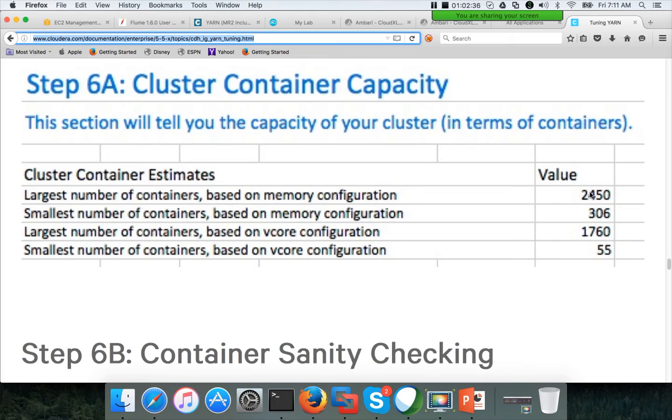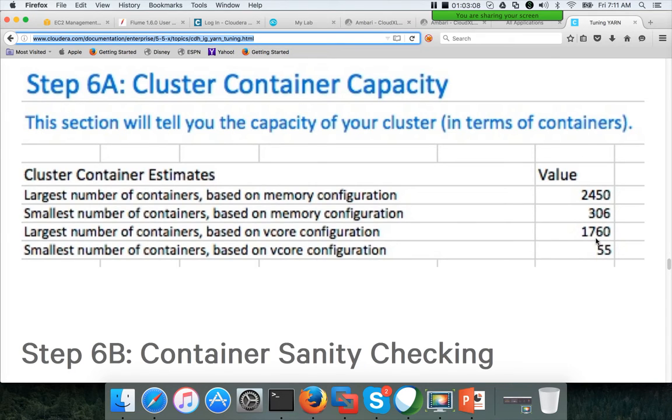So if you have 1 GB RAM for our map and reduce task, and 1 core for our vCores, that means only 1.76 terabytes of memory will be used, because the rest cannot be allocated to anything. There is no capacity to allocate this memory and process the data.